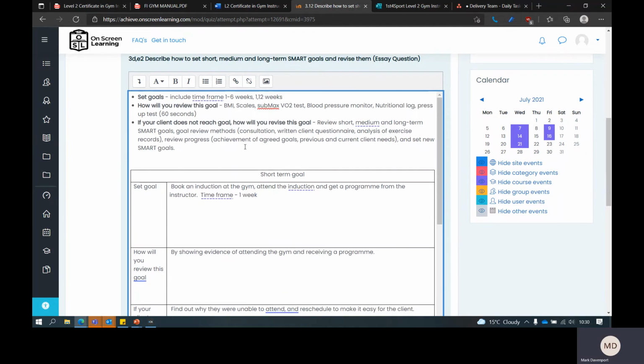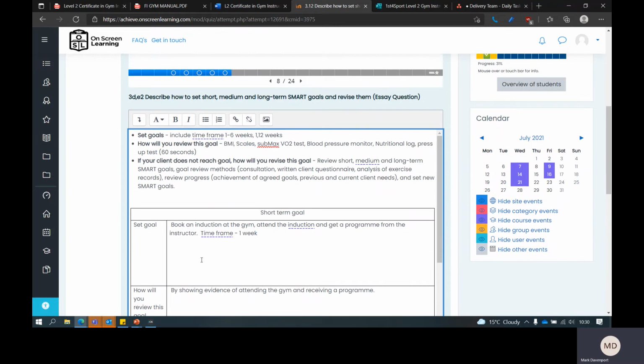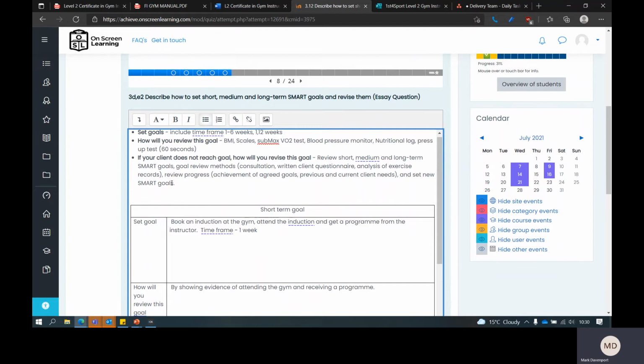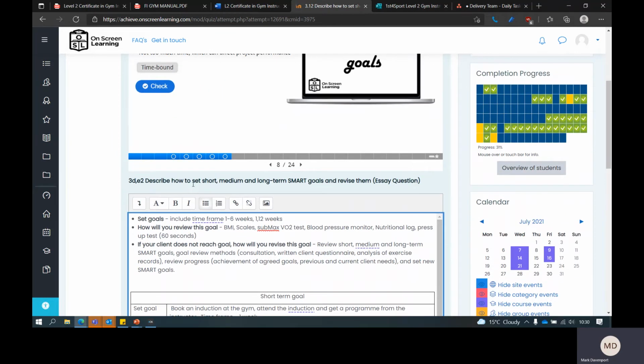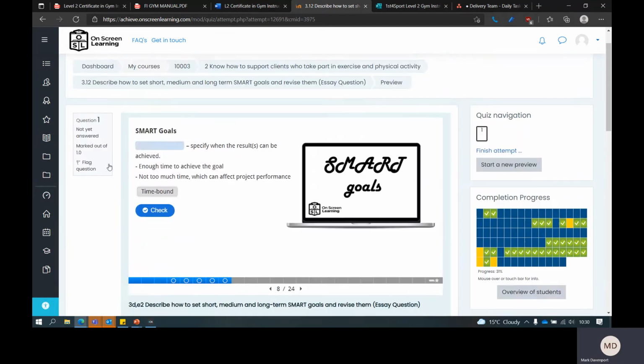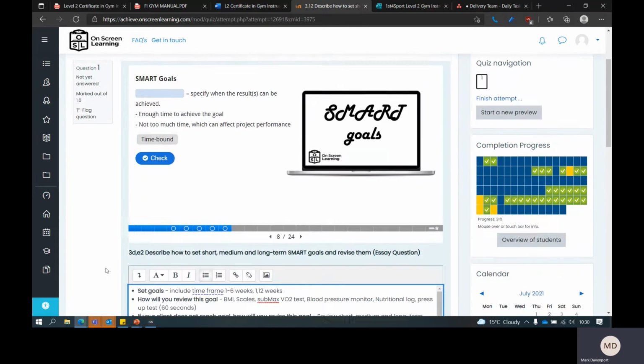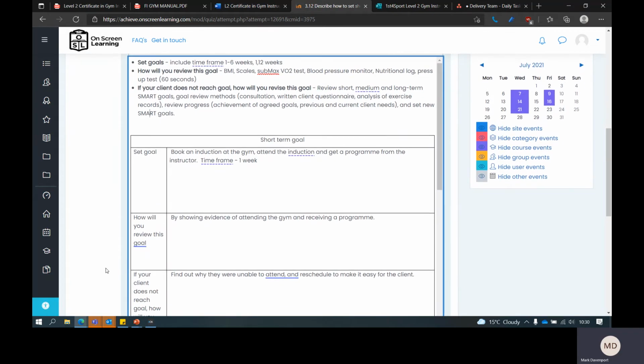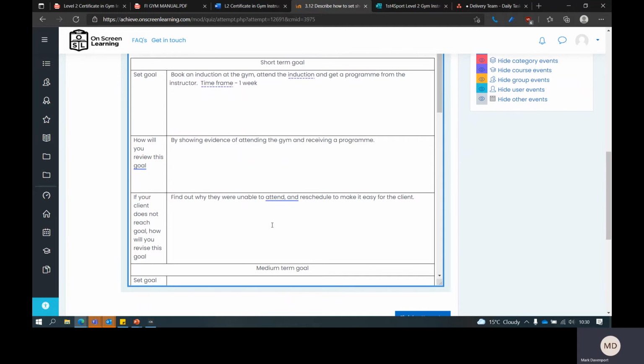And another little tip here as well. I know I've started by showing you how to set a short-term goal, but for this question, it's only asking you to give an example of how you do it. This isn't with a real life client, and it's not the real life client that you'll be using on your assessment.